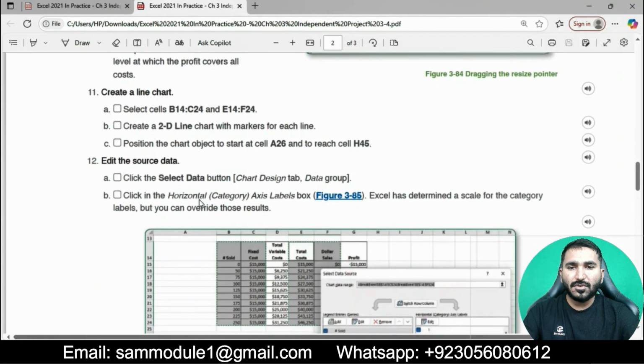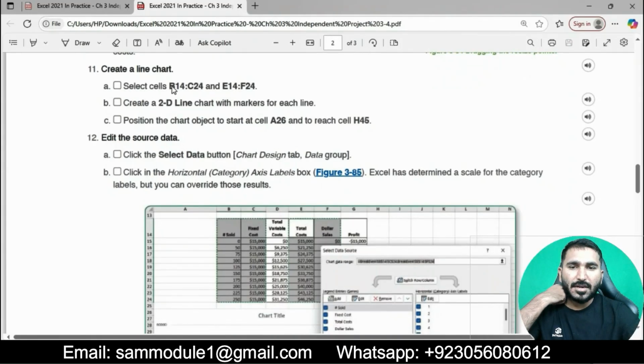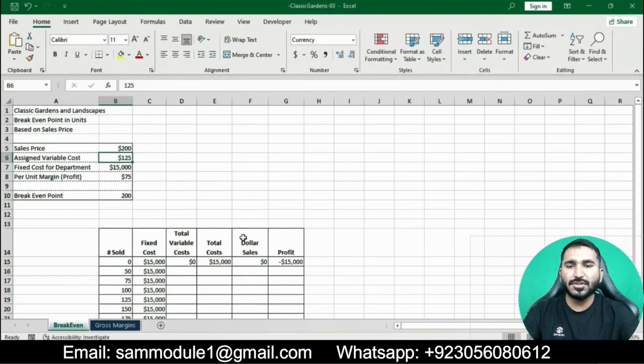Now moving on, question number 11. Create a line chart. Select cells B14 to C24 and E14 to F24. Simply we will go to the Excel workbook and then we will select this range B14 to C24 and E14 to F24, and then we will create a line chart.